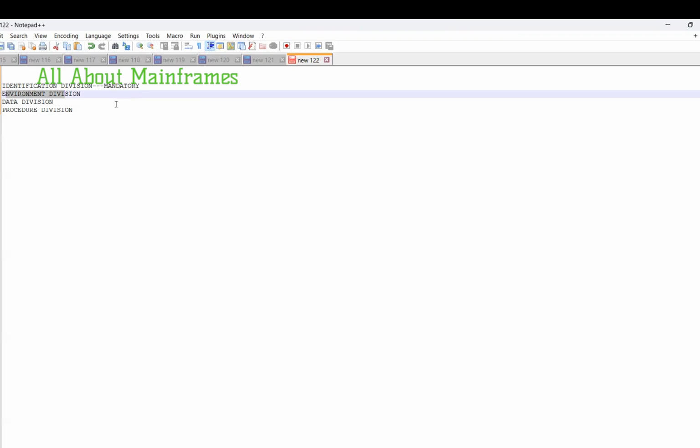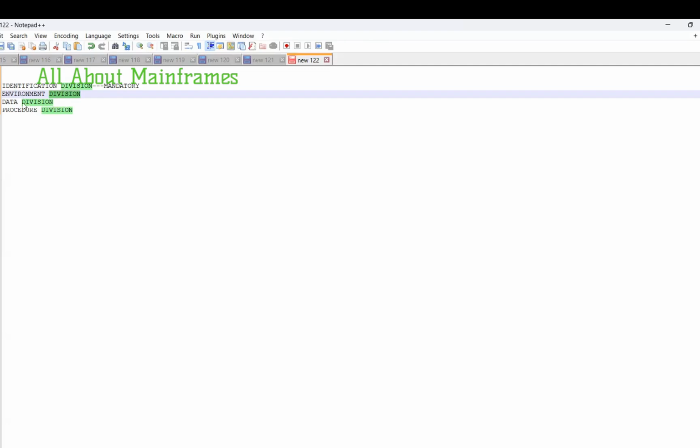Then environment division is used to tell the system which machine is getting used for the compilation and execution. Machine as in which? When you execute or compile any program, it gets compiled in the mainframe server, right? What is the model of the server? Machine name that we generally put in environment division. And also if you are using any file in your program, that file has to be defined in environment division. But it is not mandatory. The machine details are not mandatory, and also if you are not using any file in the program,